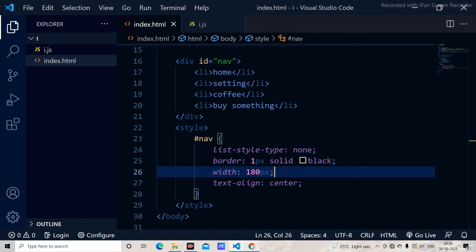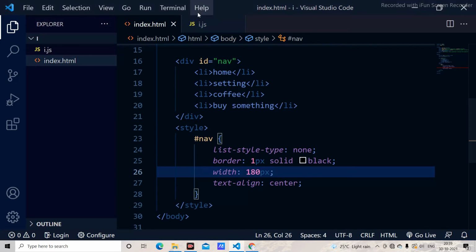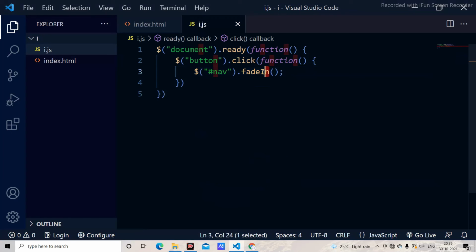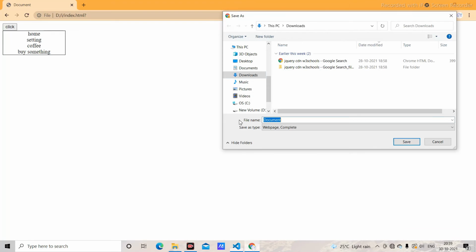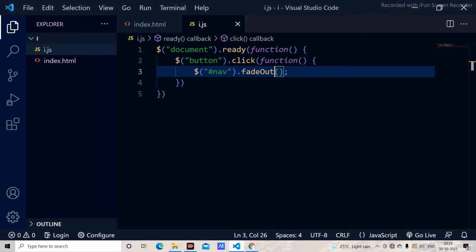0% transparency. Therefore, I have removed the display, and here I just reload the site and save it. And here I am going to use fade out, and I just save it. Here I just remove the files and reload the site. Whenever you click it, it disappears gradually, because it is going to give the opacity equal to 0. And this is how we go with fade in, fade out.